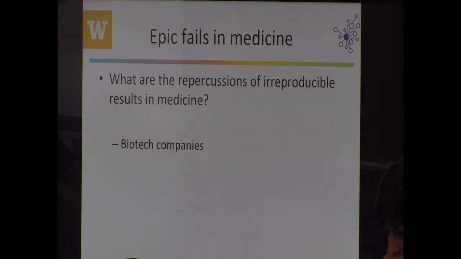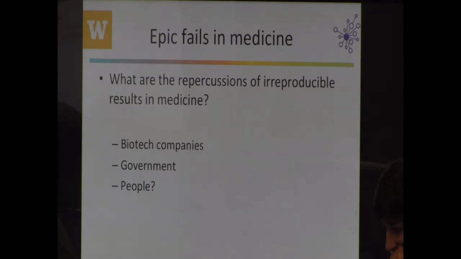Okay, so in this setting, what are the repercussions of these irreproducible results in medicine? Well, for biotech companies, it's billions of dollars of money that's wasted. So if you're not familiar, it takes 10 to 15 years to get a drug to market, and it's anywhere between $1 to $1.5 billion to do that. So that's a tremendous amount of money that just gets wasted on bad science, right? Similarly, the government invested in this research. Almost certainly it was the US government that invested in a lot of this research, which means that was wasted taxpayer dollars and wasted funding dollars. And I think we're all painfully aware of how slim funding is right now, right?